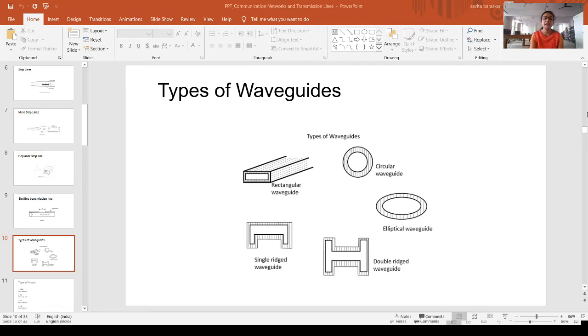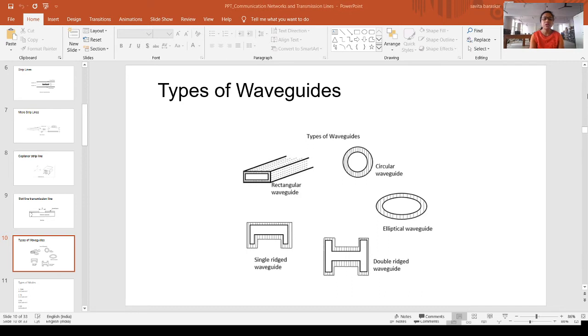So what is the main characteristic of a waveguide and why are we using it? Because the tube wall provides distributed inductance along the entire length of the waveguide, and the empty space between the two walls provides distributed capacitance. That's why we use waveguides at higher frequencies. But these waveguides are bulky and expensive as compared to the parallel wire and the coaxial cable.